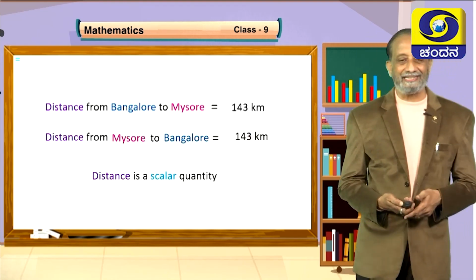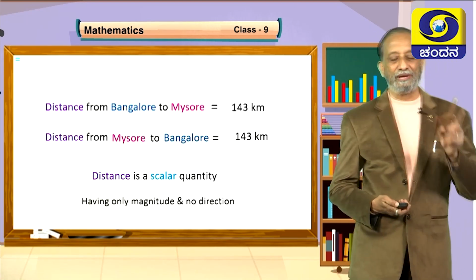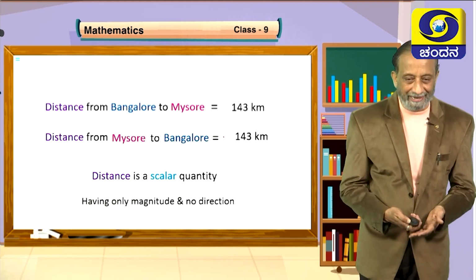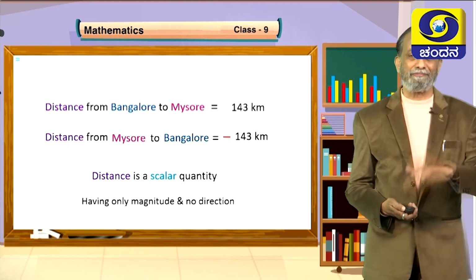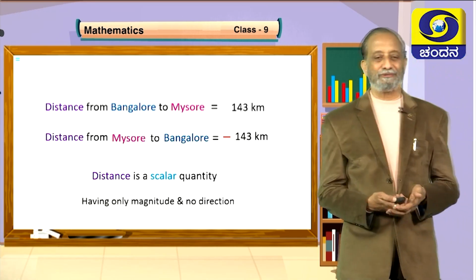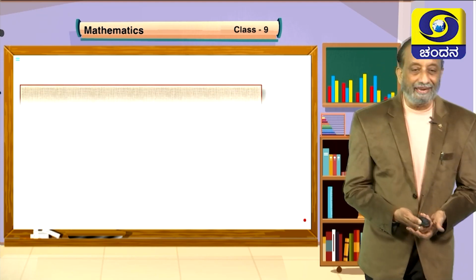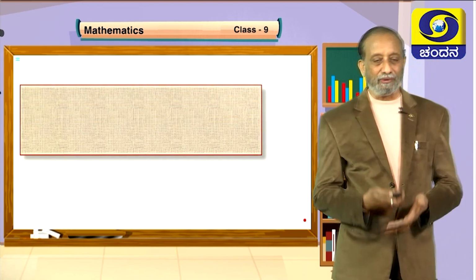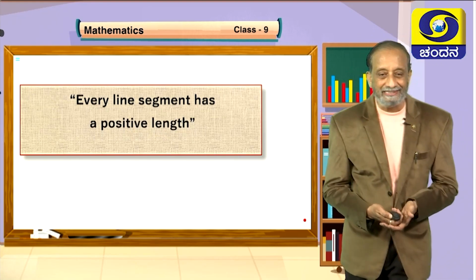In fact, distance is a scalar quantity, means having only magnitude and no direction. If we take direction also into account, then we say distance from Mysore to Bangalore has to be minus 143 kilometer. Distance is a scalar quantity, hence we put forward a rule like this: every line segment has a positive